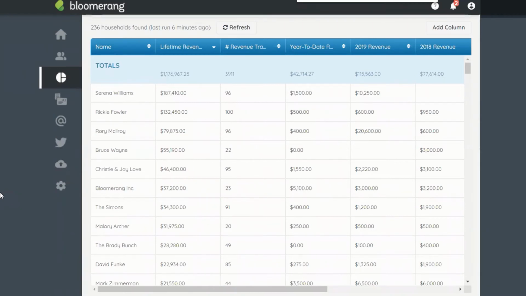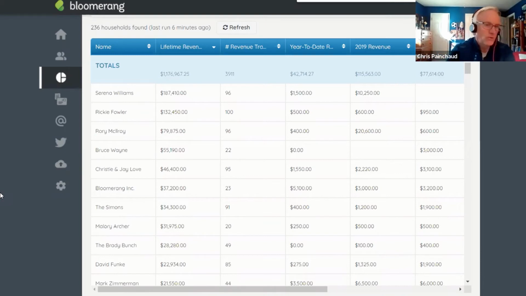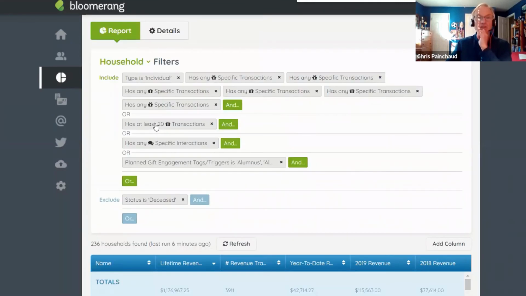Exactly. Chris, how could you make sure that your top donors who give through, let's say, a giving foundation show up on the reports as well? Oh, great. So we're talking about what is really a third-party donation. There's a donor behind the gift, but the check actually comes from a donor advised fund or from a family foundation or a community foundation. That's a little bit of a curveball. So I think